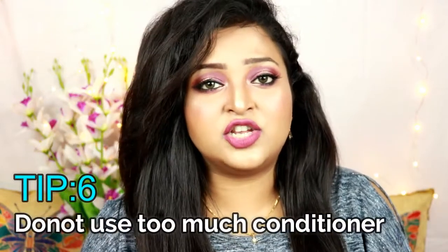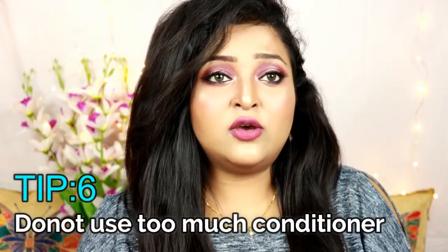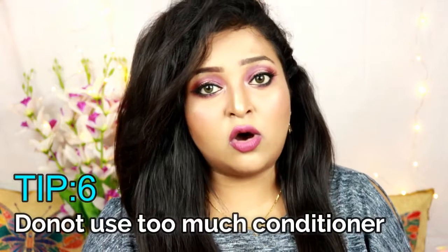Number 6 is one which I would suggest, but you can carry it out or not, it's up to you. I carry out this process. During the monsoon months, I apply just a little bit of conditioner, not more. Do not use a lot of conditioner during the monsoon months. You can use more conditioner or any other heavy hair mask during other times of the year, but during the monsoon months I would suggest that you try to use a lot less,